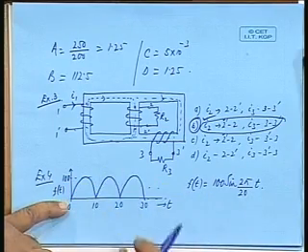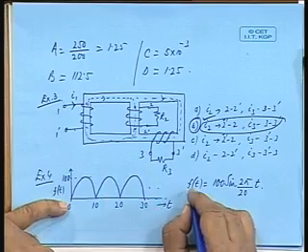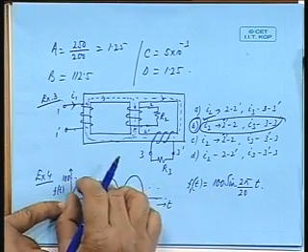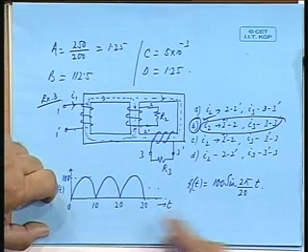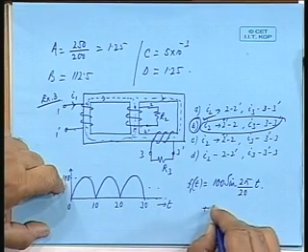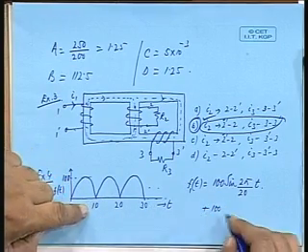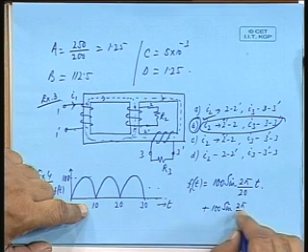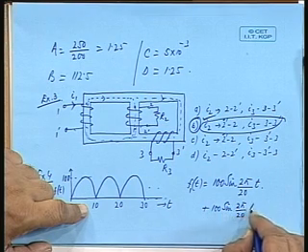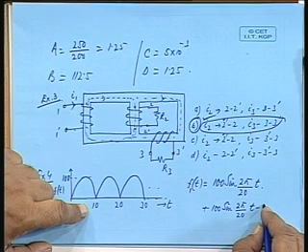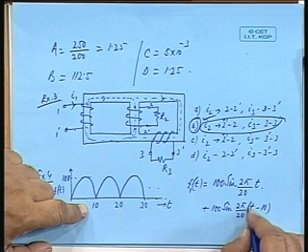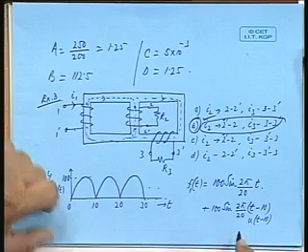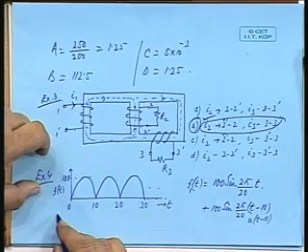I call this part only one period. Then if I add another sinusoid which is delayed by 10 seconds, 100 sine 2 pi by 20 into (t minus 10 seconds) into u(t minus 10),